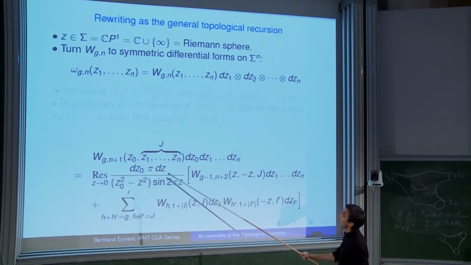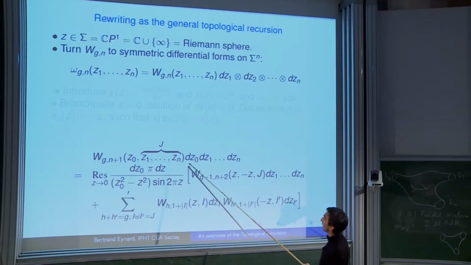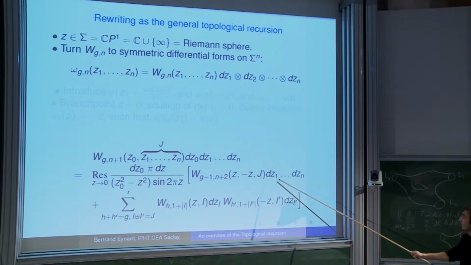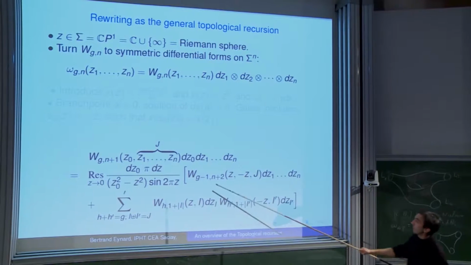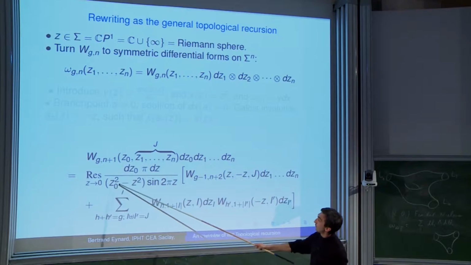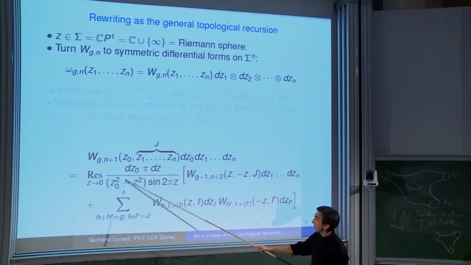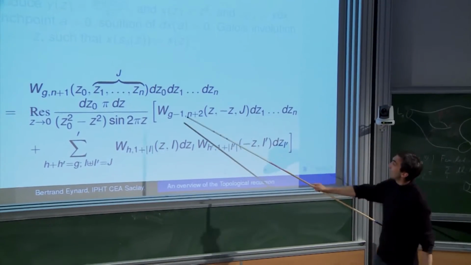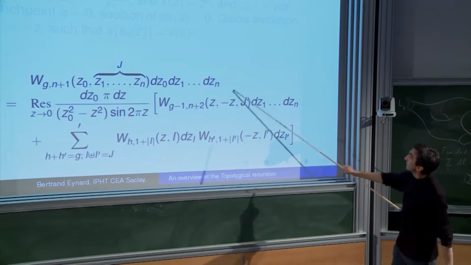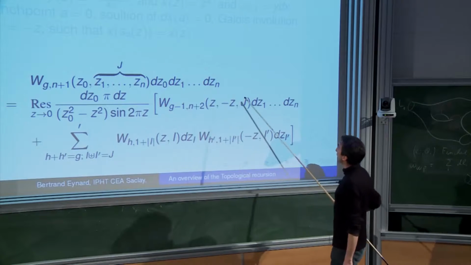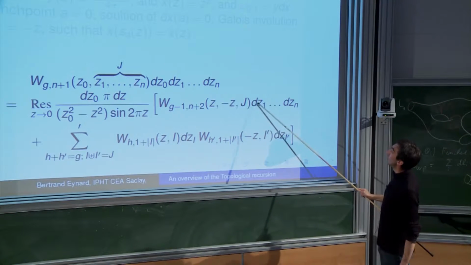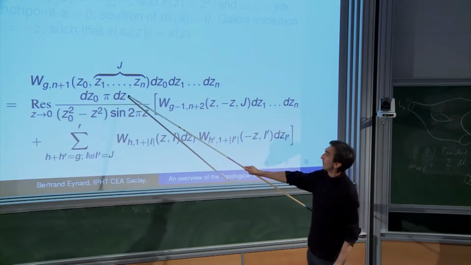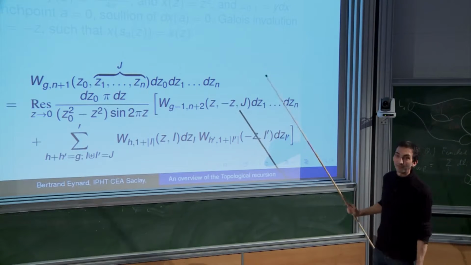So it just means that I take the equation, I multiply here by dz0, dz1, dzn. On the right-hand side also, I multiply by dz1, dzn. While dz0, I put it there because z0 appears only there. Well, here on the right-hand side, you see that this is nearly an omega. This is nearly the omega, but I miss the dz and the minus dz here to make an omega. Well, I have a dz here, but I don't have the minus dz.